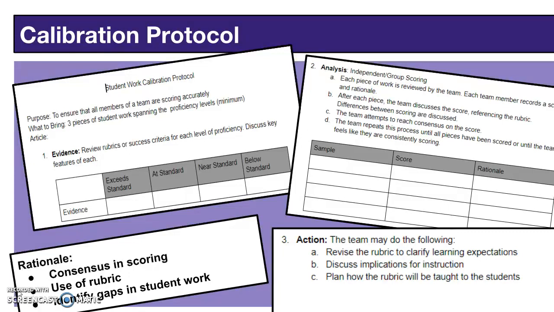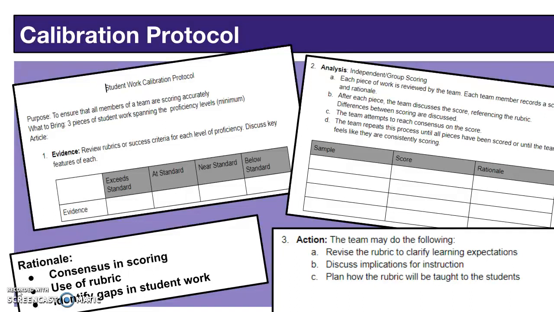Everybody looks at the piece, reviews it, scores it. They discuss the scores, citing the rubric. Differences are discussed, and then the team attempts to reach consensus. They repeat this process until everything is scored or until they feel like they have a clear understanding of how to score work. At the end, teams will finish scoring student work on their own, and then as a result